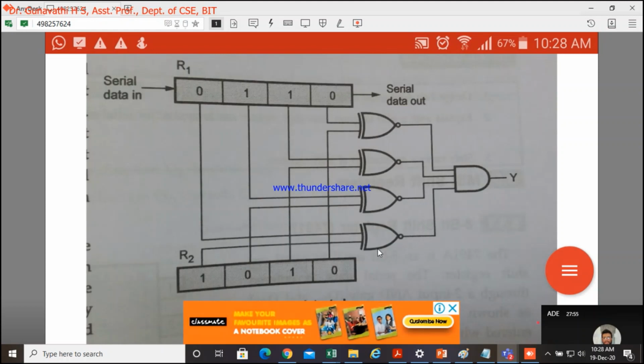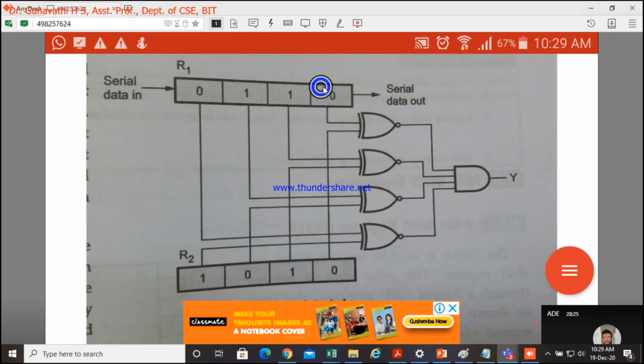Yes. The truth table of an XOR is that it is 1 when the inputs are different, right? So the truth table of an XNOR is that it is 1 when the inputs are the same. The purpose of using this XNOR here is that we need to find whether this matches with this or not. That's our intention. So when the inputs are the same, the output will be 1 here. So we are trying to find the match.